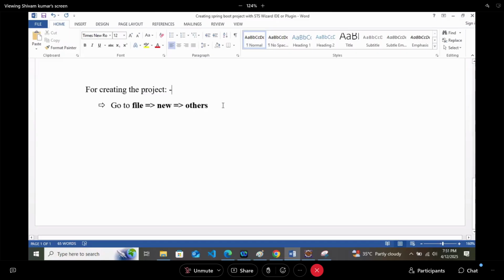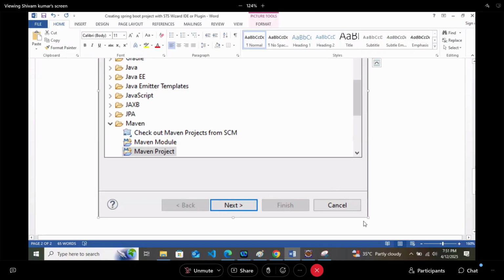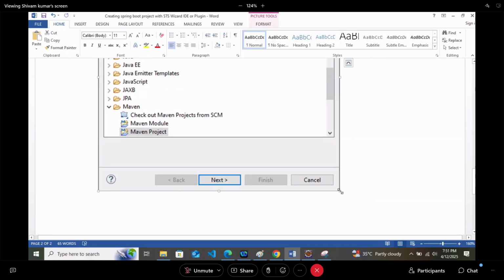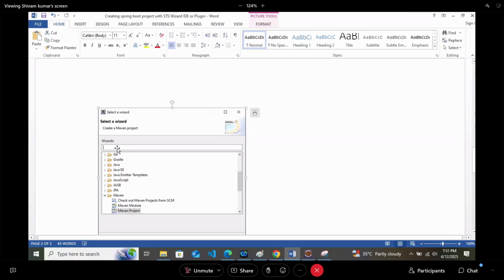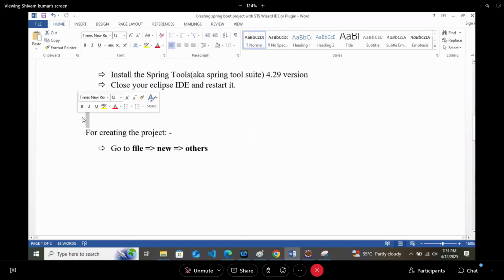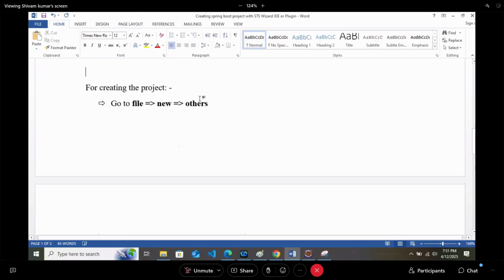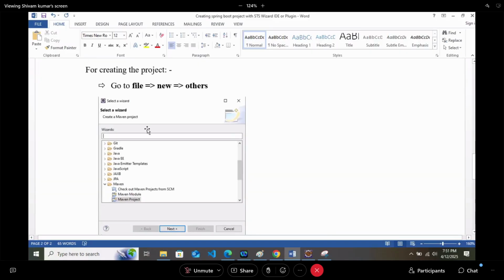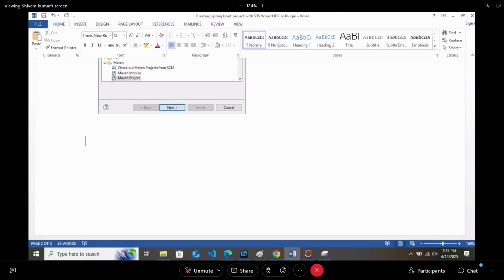After going to Others, you will see this wizard. In this wizard, there is a search option, right? In this search option, what you have to do is search for Spring Starter project.